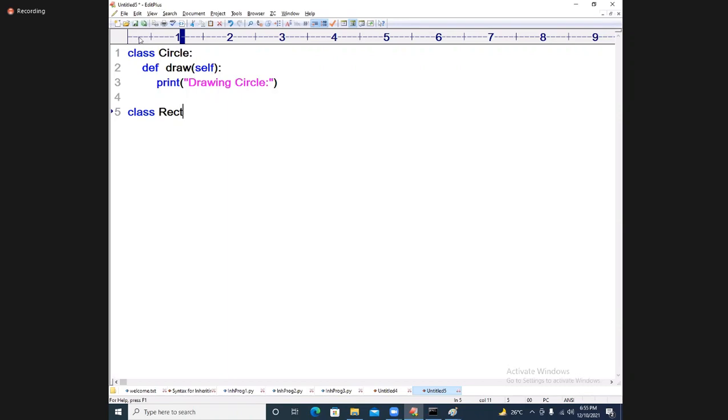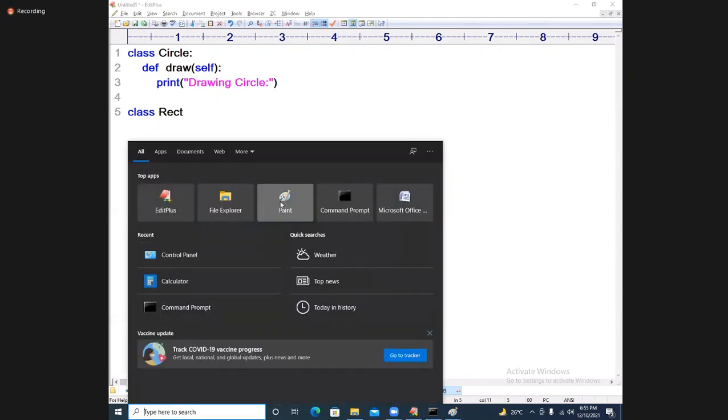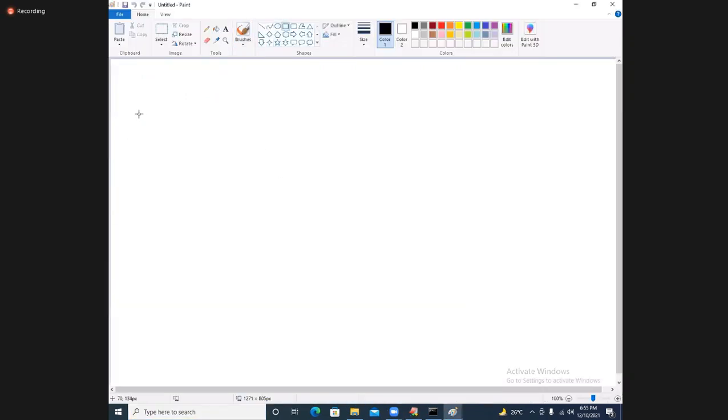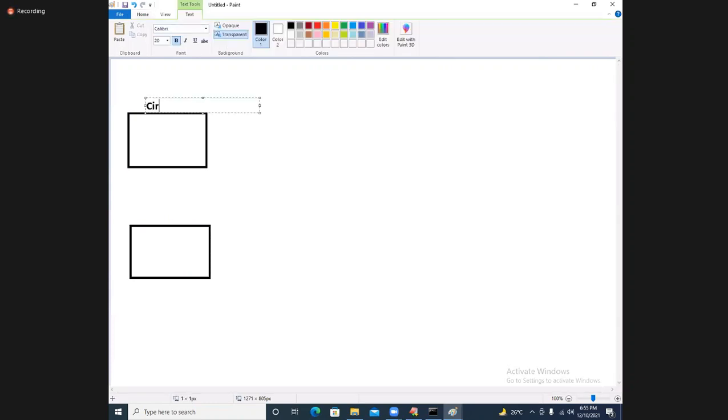What is happening in inheritance? See students, why am I going today with overriding? Overriding means indirectly you are using polymorphism only. I am just not spelling out the name. Let us take one example. Here this is a class. What is the class name here? Circle. Carefully understand: here I have a method called draw. Here I have the class called Rectangle, with a method called show.